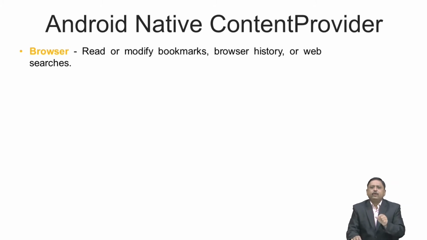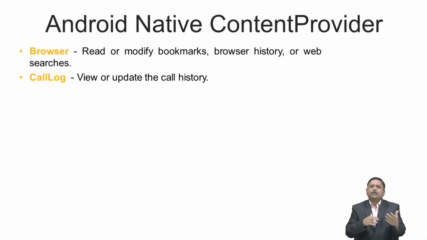Based on user browsing history, bookmarks and related web searches, we can identify the interest area of the user. So, for that you require all these things, and based on this data you can provide custom suggestions to the user for various types of information that is available on the internet. So, for that we can use browser.